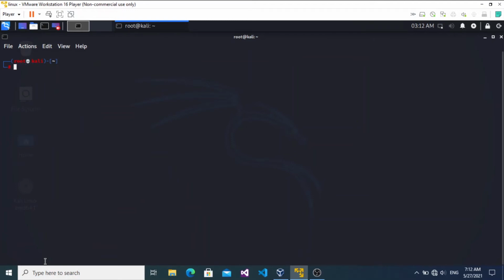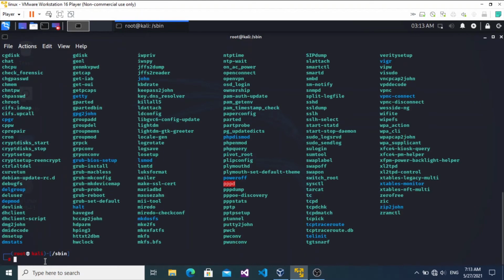And moving on to the next directory is the /sbin directory, and as its name suggests, this contains binary files for the system only. You can see this is different from the other /bin directory because it contains binary files for the entire Linux system, and this one specifically holds the system binaries. And let's navigate to the /bin directory and see what's the difference between the /bin and /sbin